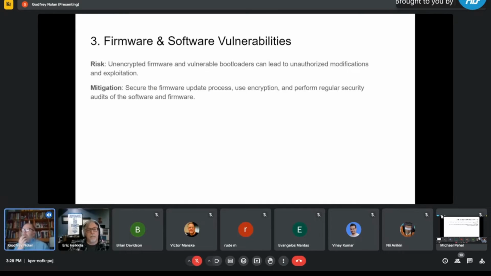Firmware and software vulnerabilities. So, unencrypted firmware. If the firmware is unencrypted, or it doesn't have a checksum that you can check to make sure that it's what it's supposed to be, that can lead to unauthorized modifications and exploitation. So you've got to secure the firmware update process, use encryption, and perform regular security audits of the software and